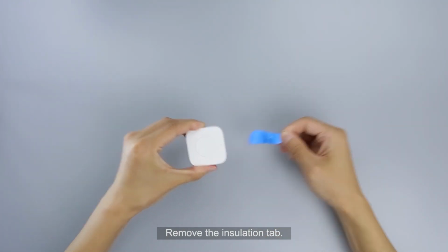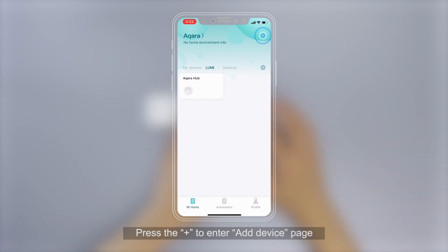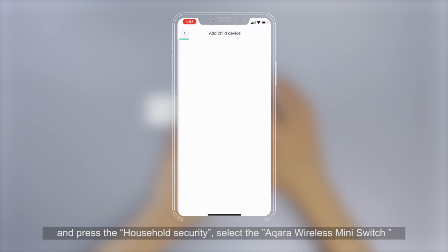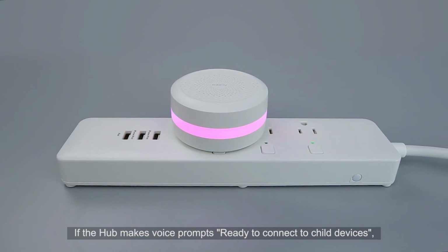Remove the insulation tab. Please open the Mi Home app. Press the plus to enter Add Device page and press the Household Security. Select the Aqara Wireless Mini Switch. If the hub makes voice prompts, Ready to connect to child devices,